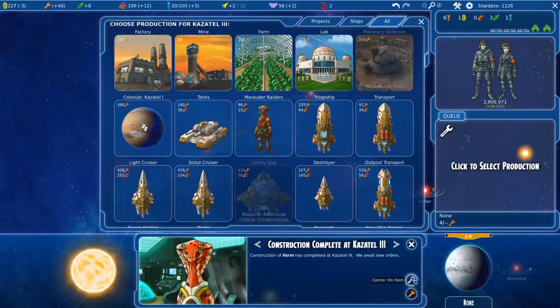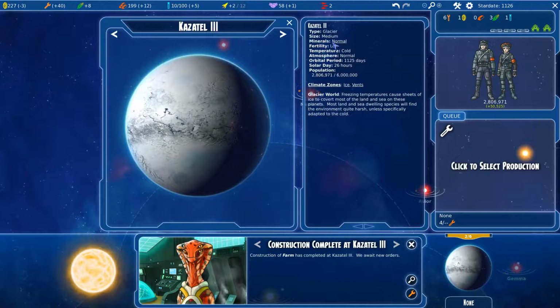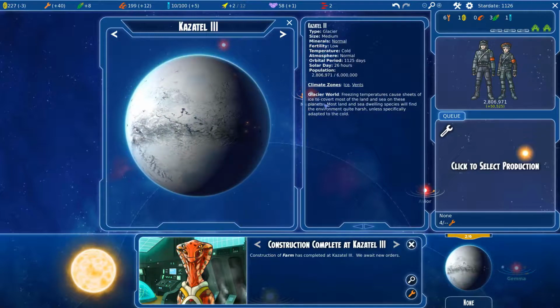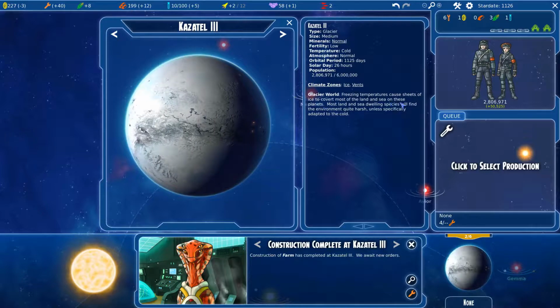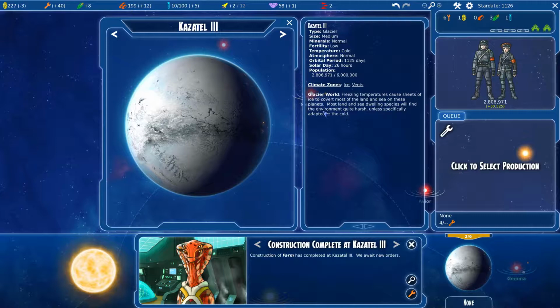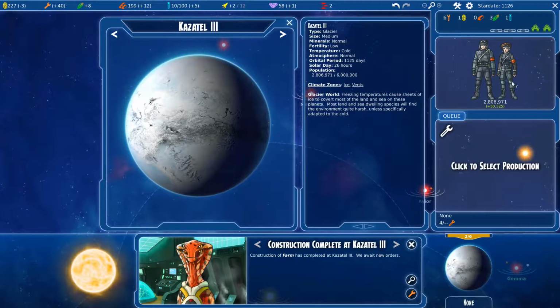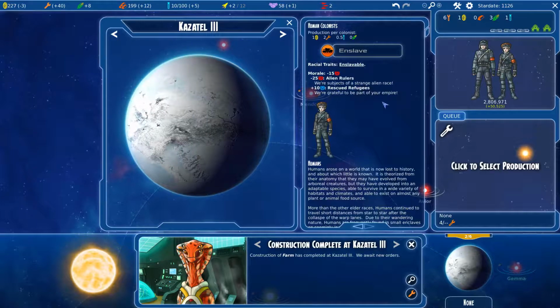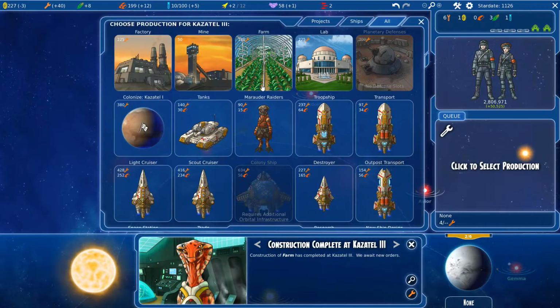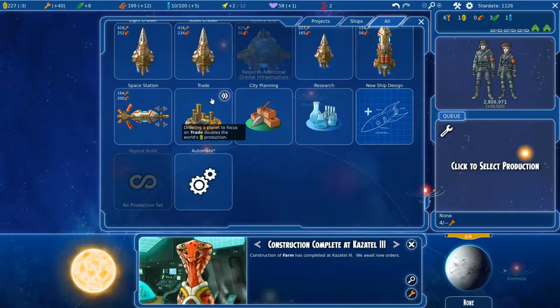Wait, what do we have on the planet? Minerals normal. Temperature cold. Freezing temperatures cause sheets of ice to cover most of the land and sea on these planets. Most land and sea-dwelling species will find the environment quite harsh. These guys are still not happy. Not sure what I should build. What is TTP? Oh, that's...